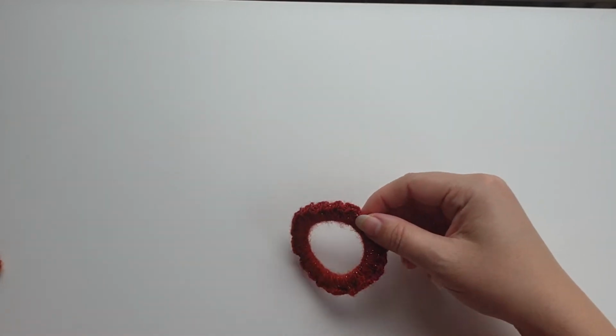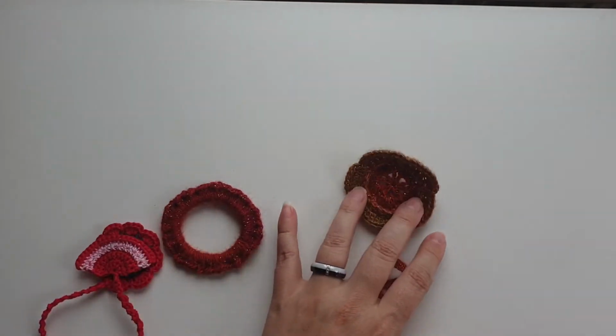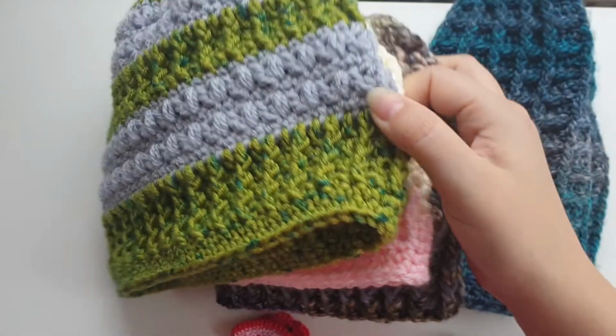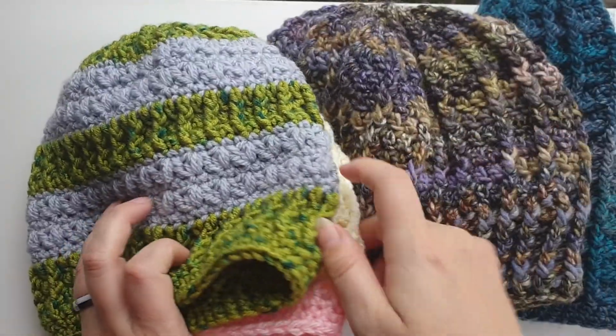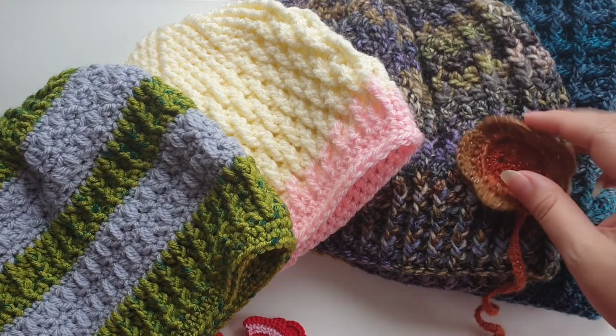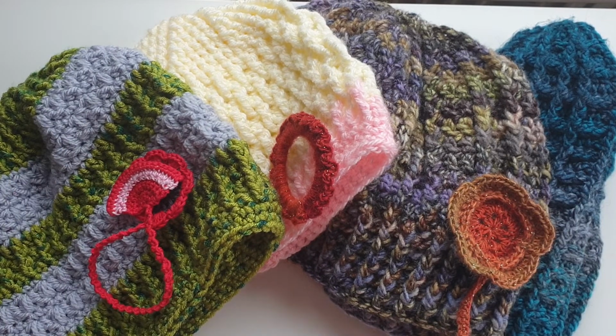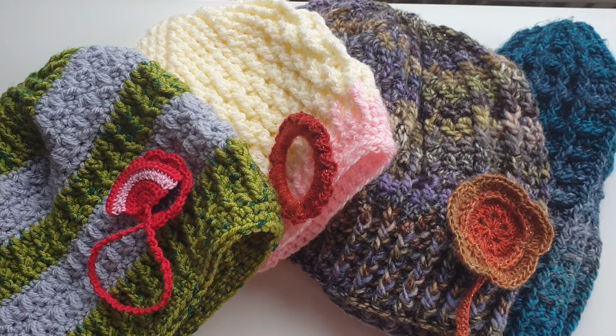So, and these are the smaller projects that I have done. I'm really loving this flower, it's gorgeous. And some hats for the winter, yes. So this is what I have made recently, and I have done a lot more,